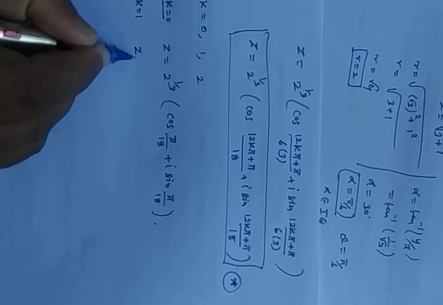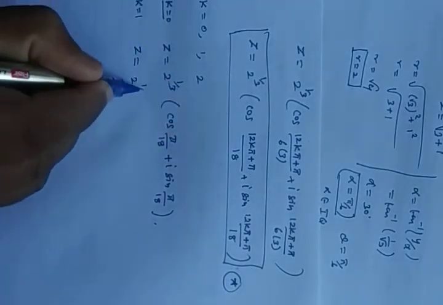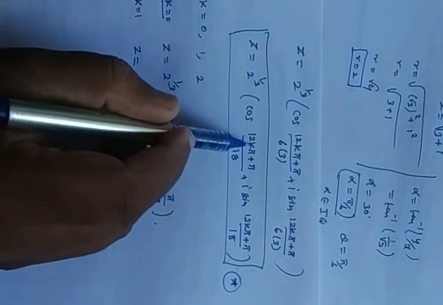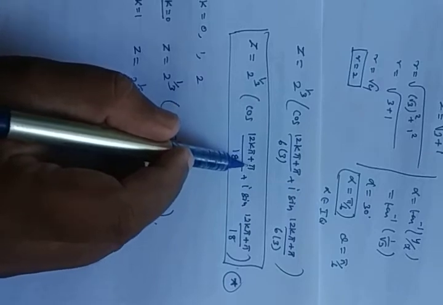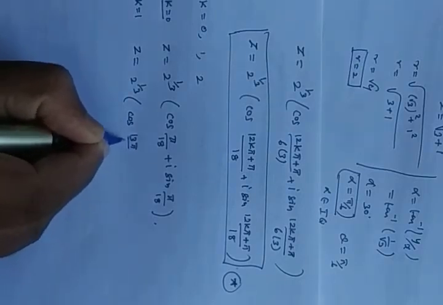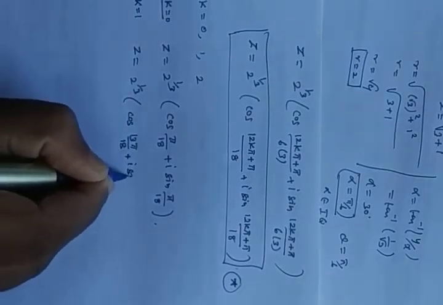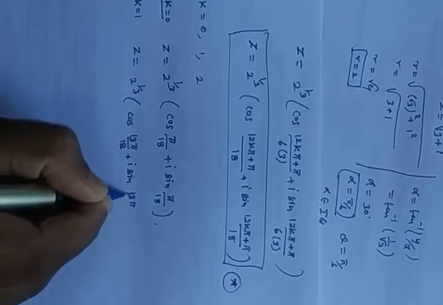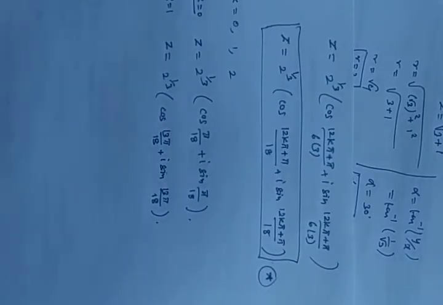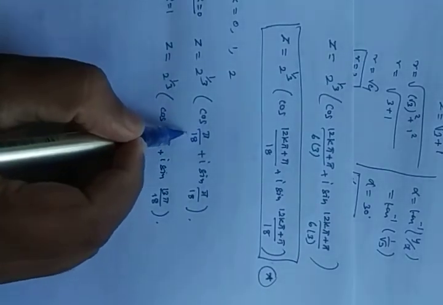Okay, so simple. Next k equals 1. So k equal to what now? What are we getting? Here 2^(1/3) will come. Here carefully see, 12 into 1, k value is placed 1 now. 12 ones are 12, 12π. 12π plus π is 13π. So this will come: cos 13π/18, so plus i sin 13π/18 will come. So that itself you can stop. No need to write further anything here. Okay, it's a proper fraction too. Here the numerator is less than the denominator value.